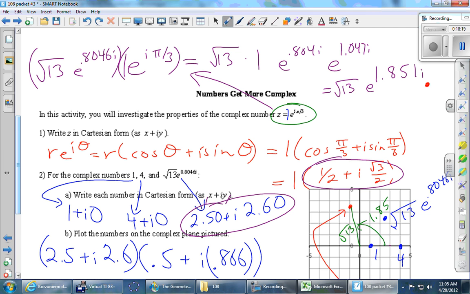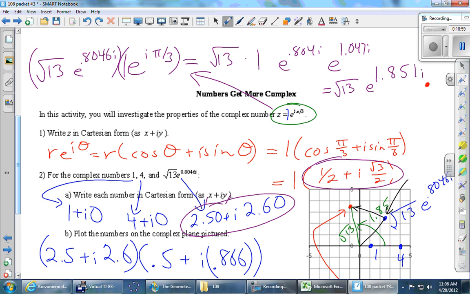And so the final conclusion here, here's the big question. We started off with this point, this root 13 e to the 0.8. We multiplied it by e to the i times pi over 3, and that gave us a new point. And so the question is, what do those two points have to do with each other, if anything? Is there any geometrical thing we could have predicted, like, oh, it's going to go roughly over here when you multiply? You're going to do a little bit more of this, hopefully, for practice. We're not going to fill in the rest of this right now. But I will say that if you were to connect the original point to the origin,